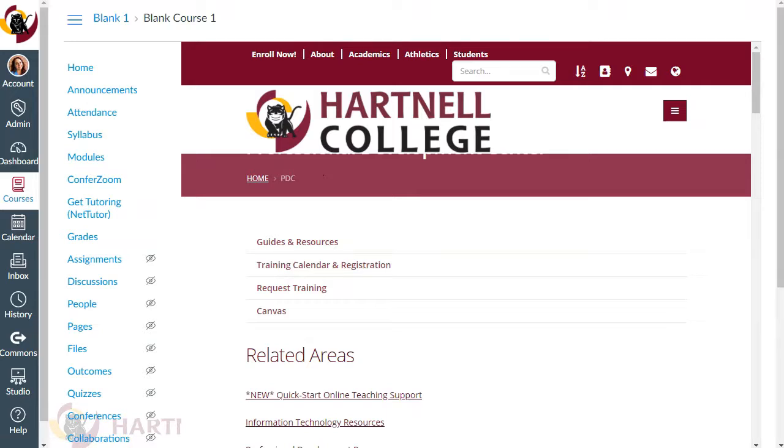So there's ways that you can check the accessibility of your page. For example, there's the WebAIM accessibility checker, and that's a browser extension that you can install. We're not going to talk a whole lot about that today, but if you go to the PDC website and navigate to the guides on accessibility, you'll find information about the WebAIM accessibility checker. And that's a way that you can scan your page and you'll see if it's accessible or not.